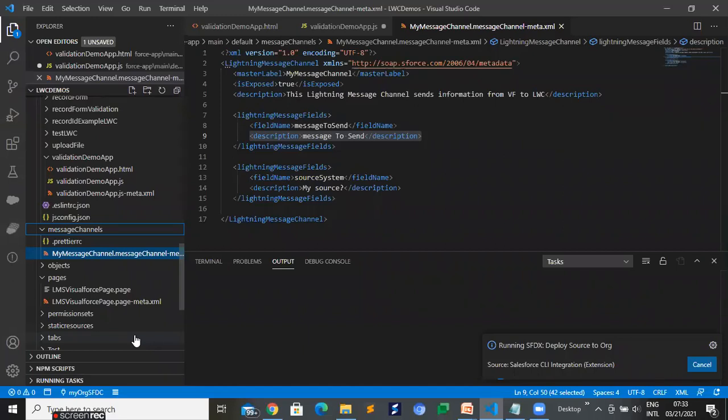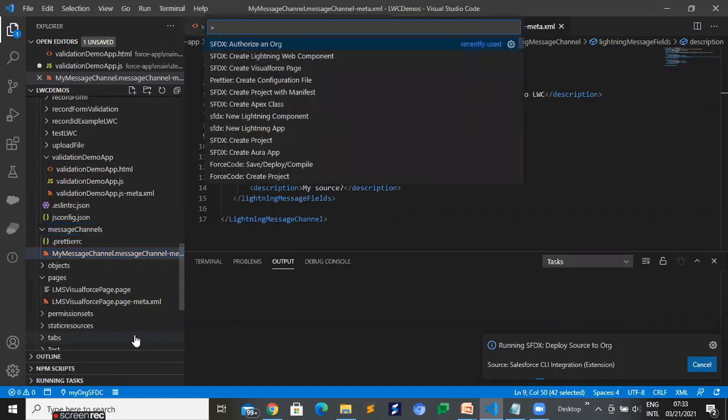Now after that, you need to create one VF page, and similarly you need to create one Lightning web component, right? So for creating a VF page, just press Ctrl+Shift+P and you find one option, create Visualforce page, right?